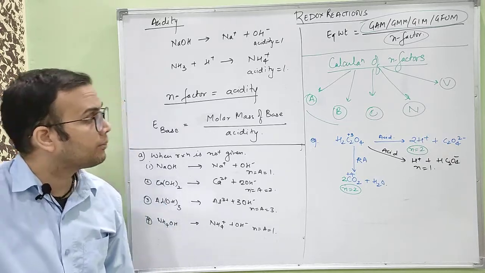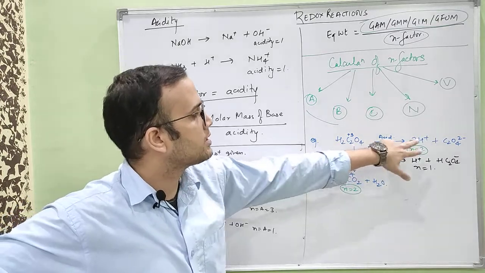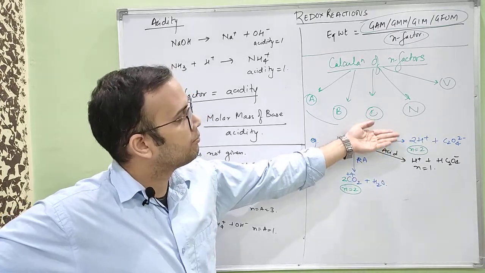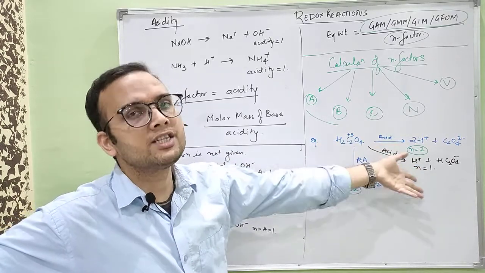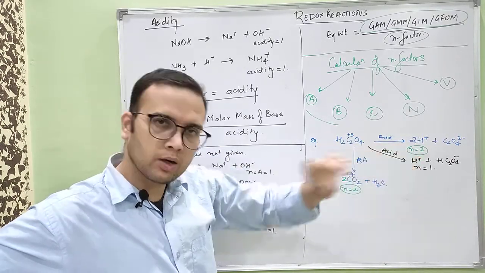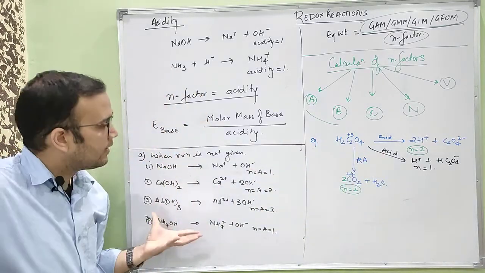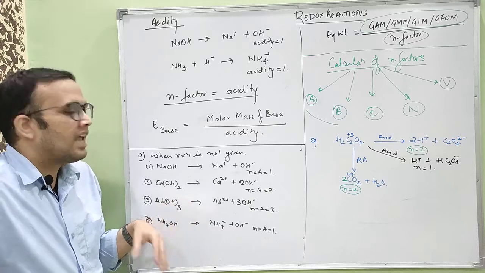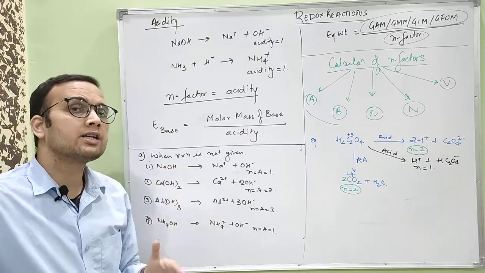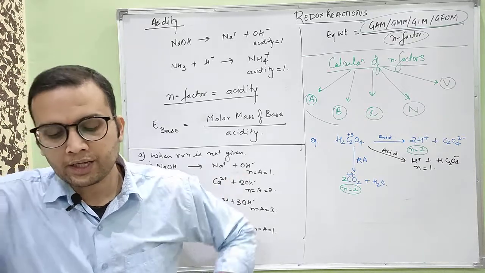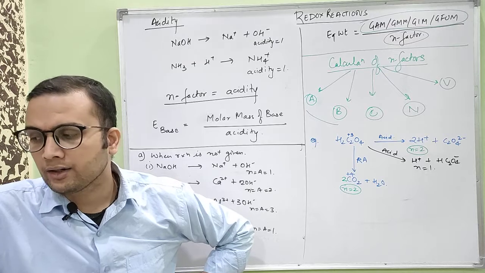I told you how the base, like for example, this acid over here can behave like this as well as this. Based on both the behaviors, the N factor is changing. Basically, the basicity is changing, so the N factor is changing. Got it? Now, here as well, it should happen. But since the reaction is not given, we are going to just use this. When the reaction is given, it is a different story altogether. So write this. Though N factor depends on how the base is reacting,